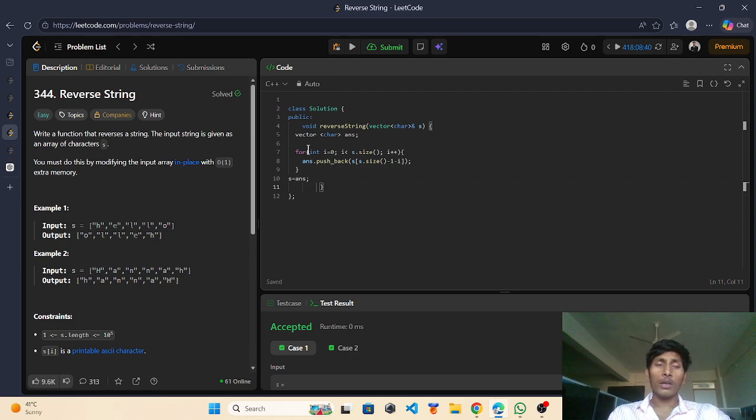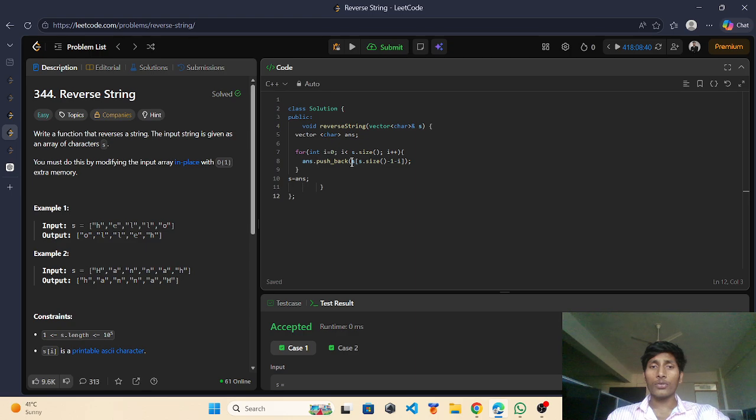First of all, we declared an array named ans, and we ran a for loop, and in the ans array we pushed all the reversed characters of the string. The main logic is here.